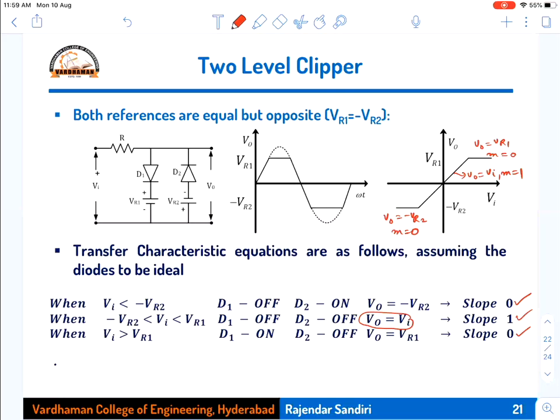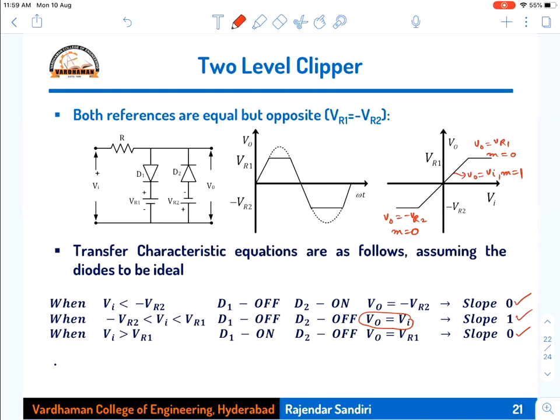Okay, so the two level clippers will be having two levels where the clipping takes place, one in the positive side, one in the negative side. Positive side, I am telling, it does not mean positive voltage only. Negative side also, it does not mean it is negative voltage, but upper part and lower part we can say, because the magnitudes of these reference voltages both were positive in the previous case. Now both are opposite, one is positive, one is negative, and so on. So therefore it is better you take upper level and lower level.